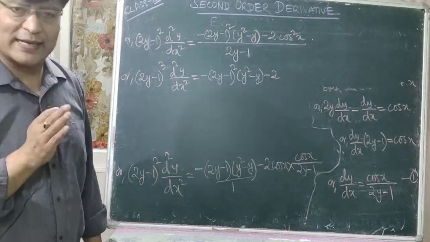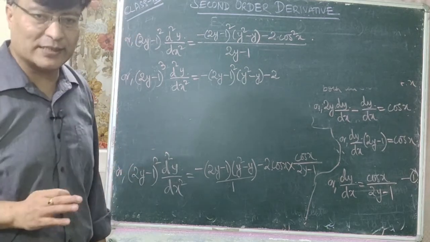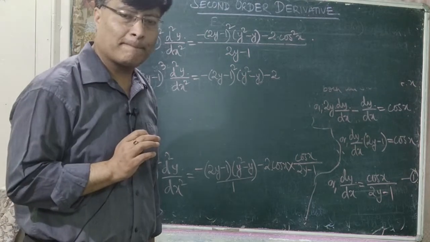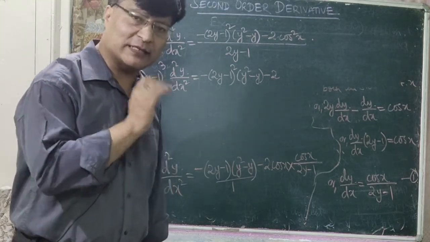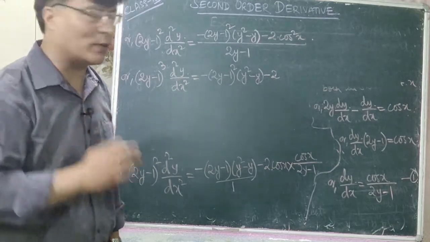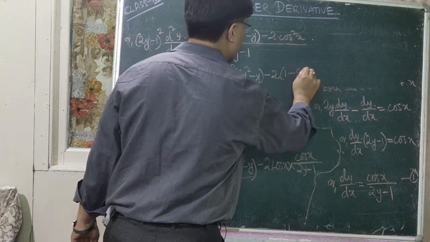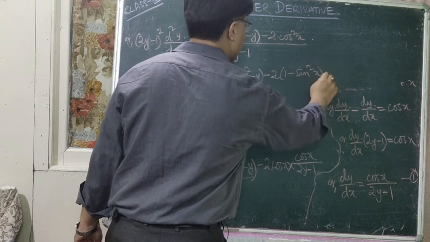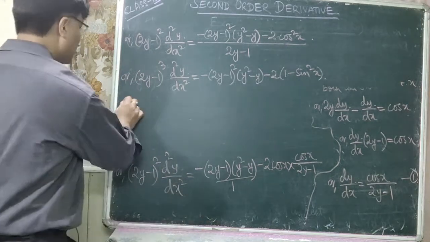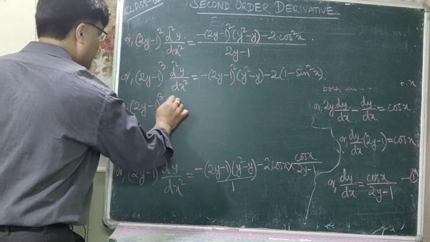We know the value for sin x. What was the value for sin x? It was y square minus y, isn't it? Sin x was y square minus y. We have simplified the given and got the value for sin x, which was y square minus y, isn't it? So let us convert it into sin square x form. That is your 1 minus sin square x. Is that clear? So this is your (2y minus 1) whole cube